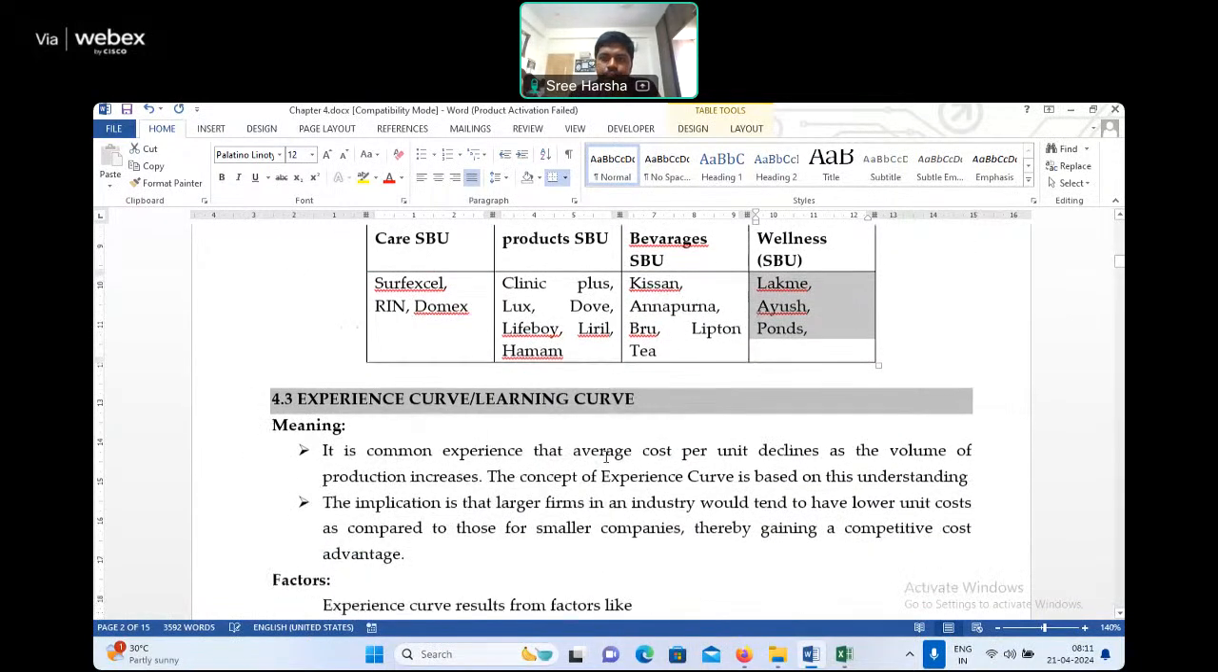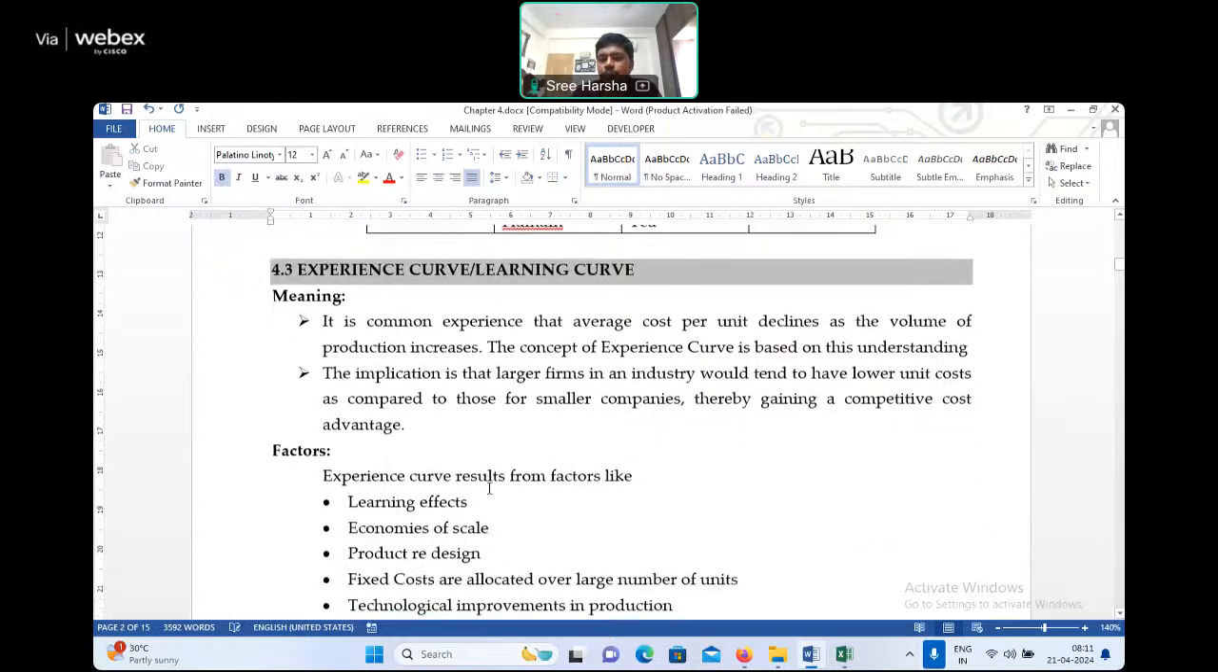Then, experience curve or learning curve. The second term in the portfolio analysis which we are understanding is experience curve or learning curve. Very simple, common sense topic. What it says is, whenever you keep repeating the same activity, the cost of conducting that activity will reduce. For example, if I produce only one phone, probably the production of this phone might cost us approximately 20 lakh rupees